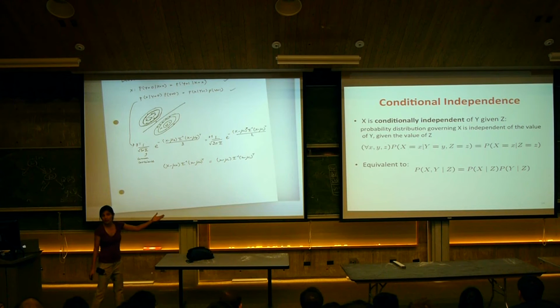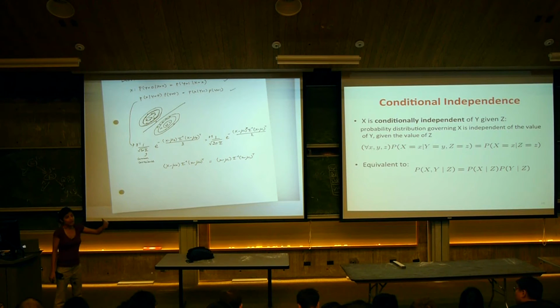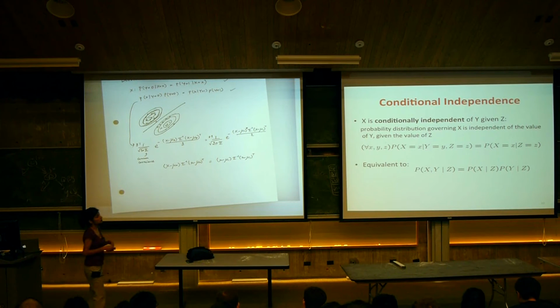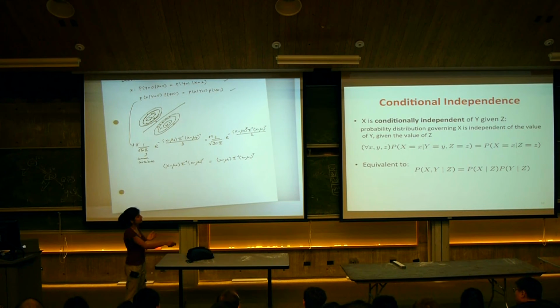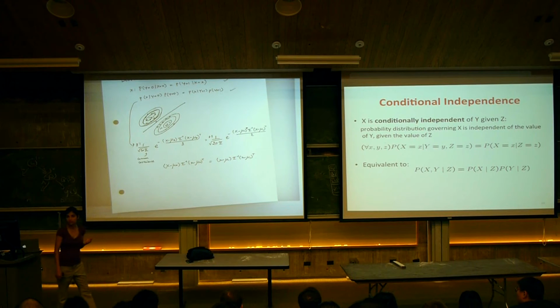So it's saying once you condition on z, x becomes independent of y, you can actually drop y from the conditioning. It does not play any role in specifying what the outcome x is. And equivalently, you can also write it as p of x and y given z just factorizes into p of x given z and p of y given z. You can simply use the definition of the and probability of x and y here to go from this to this,